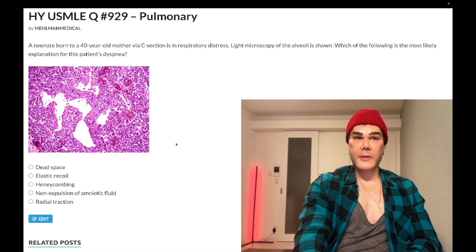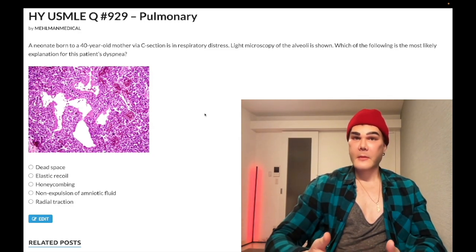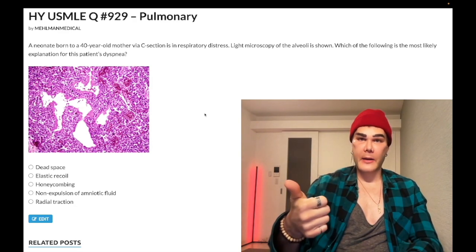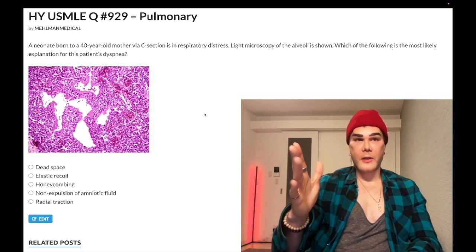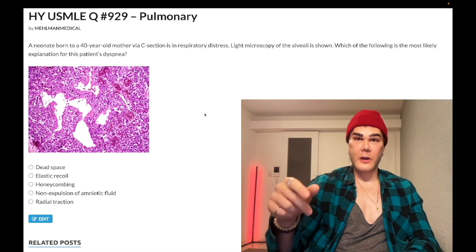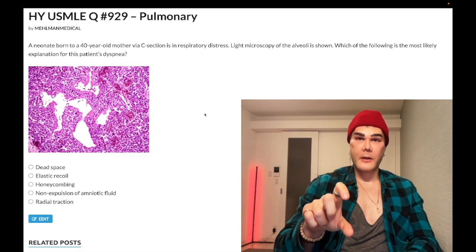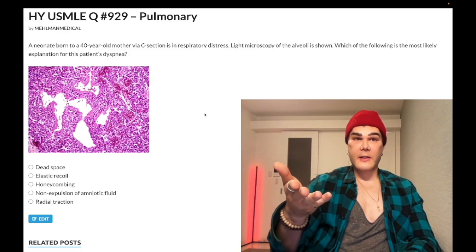The alveoli naturally have hydrophilic forces allowing them to collapse. Surfactant, which is lipophilic, hydrophobic, is going to prevent the collapsing of the alveoli. It normally is there to decrease elastic recoil and allow for patency. Well, if we have reduced surfactant, type 2 pneumocytes normally have specialized organelles called lamellar bodies, and NBME asks that. If you have decreased surfactant production and the ratio of lipids within the minimal surfactant that's produced is not ideal, the ratio of lecithin, aka dipalmitoyl phosphatidylcholine, to sphingomyelin, if that ratio is reduced below 2 to 2.4,